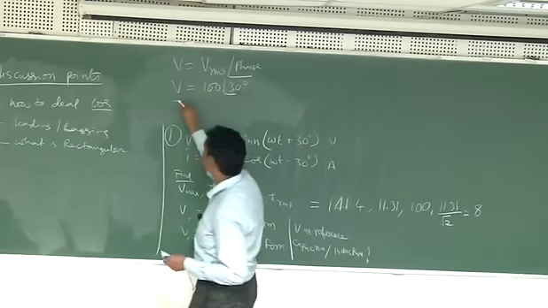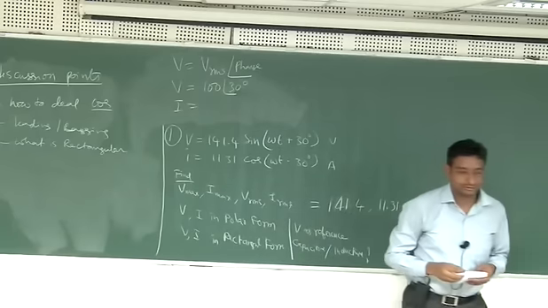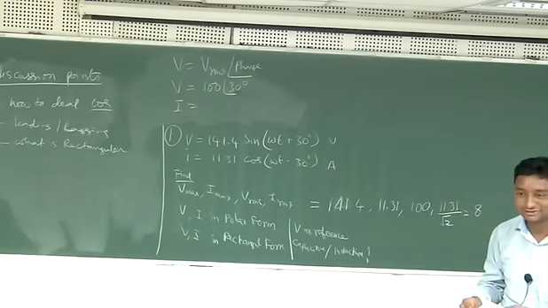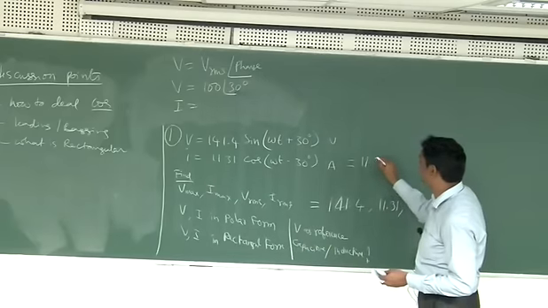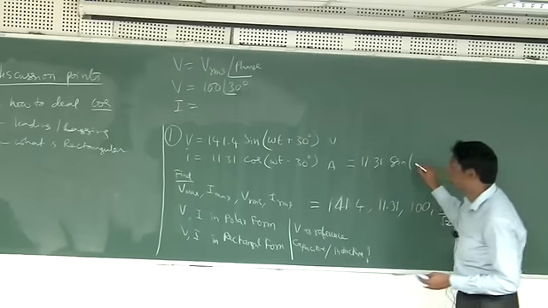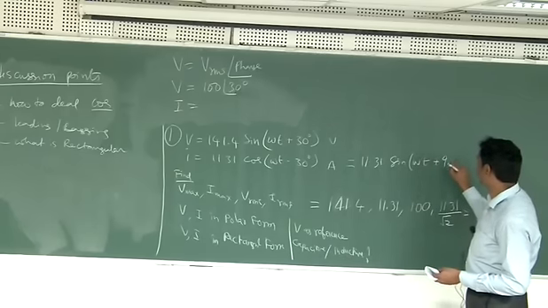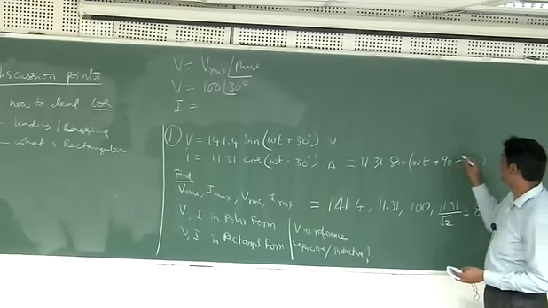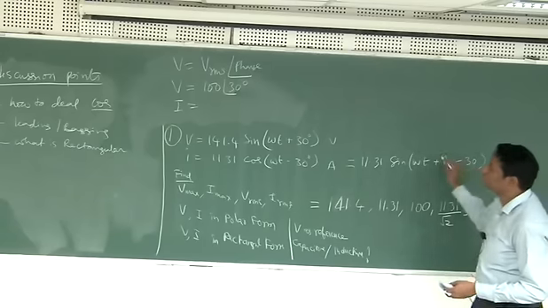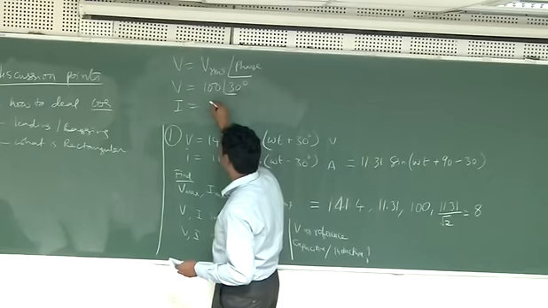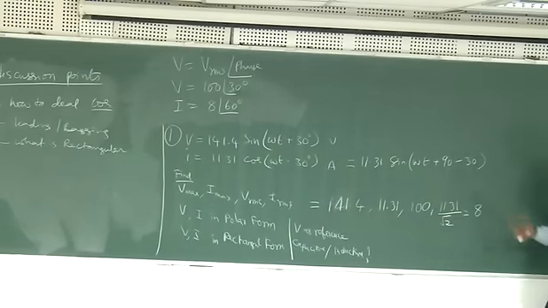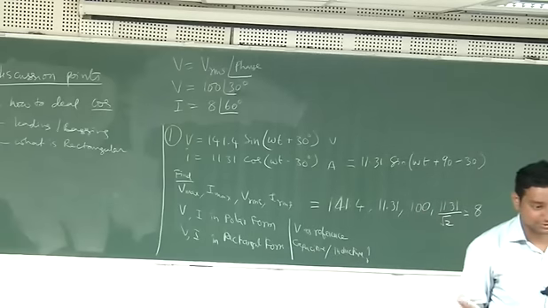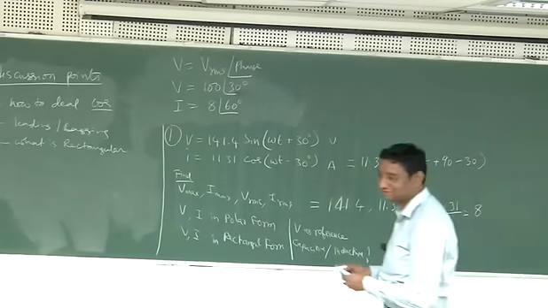The question now is, what is I? How did some of you try to address this? 60? Okay, you convert cos into sine, so I can write it as 11.31 sine of omega t plus 90 minus 30, and then this will become 60. So you can write it here: RMS 8 and then 60. Is that clear? How do you remember this, so that you don't get confused in the exam and make it wrong?